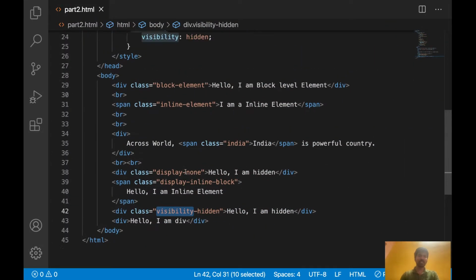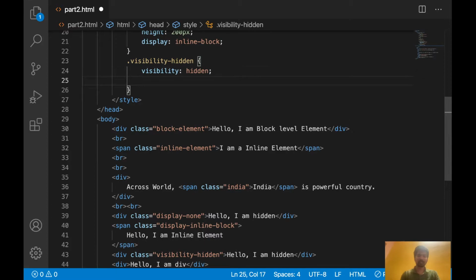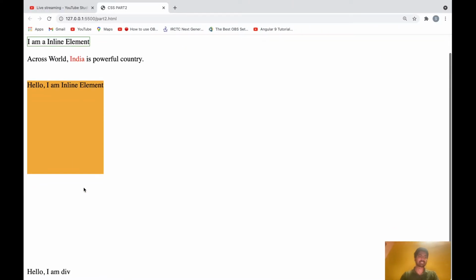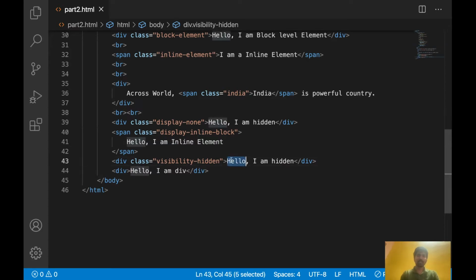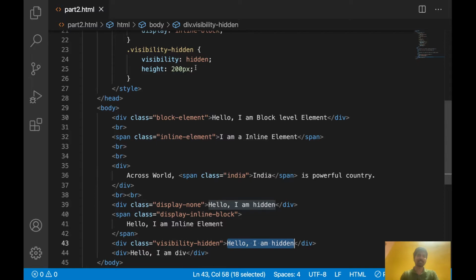So for visibility hidden, let's give some height also here. Height 200 px, let's assume. So we are hiding that element and we are giving some 200 height. Okay, see, that element is hidden, but still that is occupying the space. If you observe here in HTML, hello I am hidden, we have written one element, but we are hiding using the class here, visibility hidden and height 200.